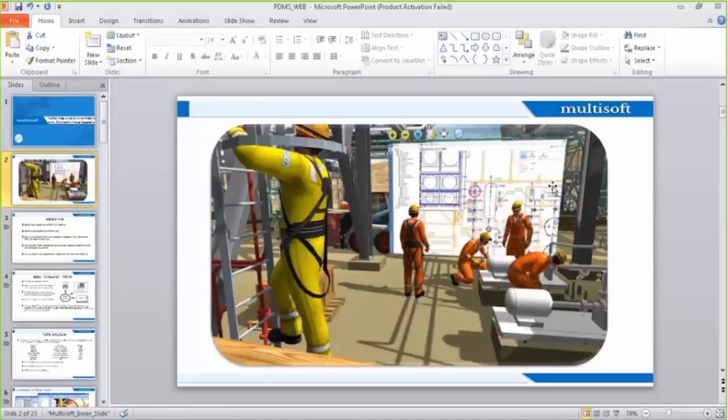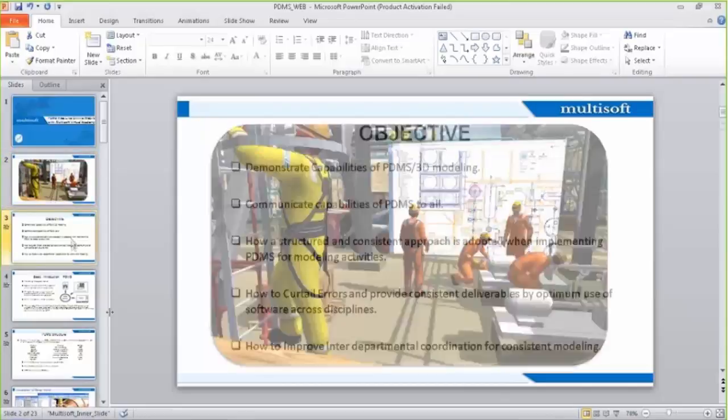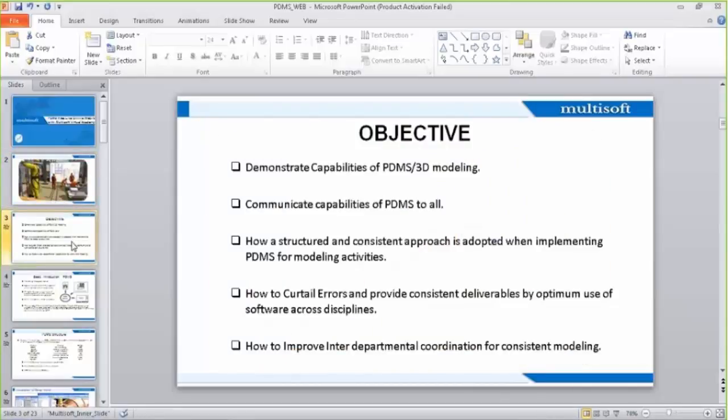Hi all, this side is Vineet and thanks Shivali. So today's webinar is about a software called PDMS, and in this webinar we will be demonstrating the capabilities of a 3D modeling plant design software, which is PDMS.